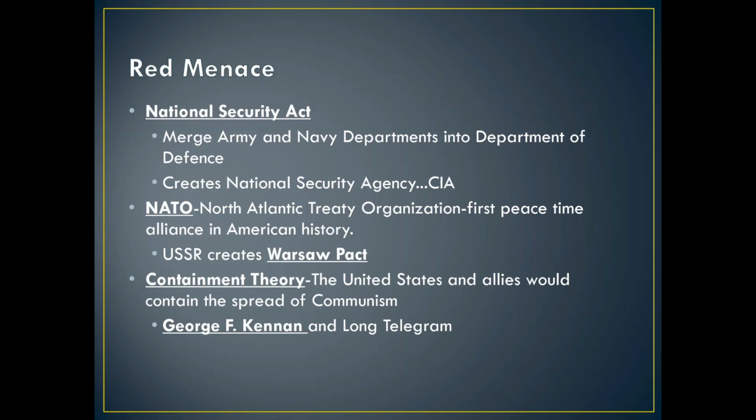Some of this was true because there were Russian spies in America. But the United States also goes overboard. What's going to happen is there will be some laws passed, which we're going to talk about a little bit, about the Red Scare and congressional laws that were passed during the Cold War. So let's start off with the congressional laws.